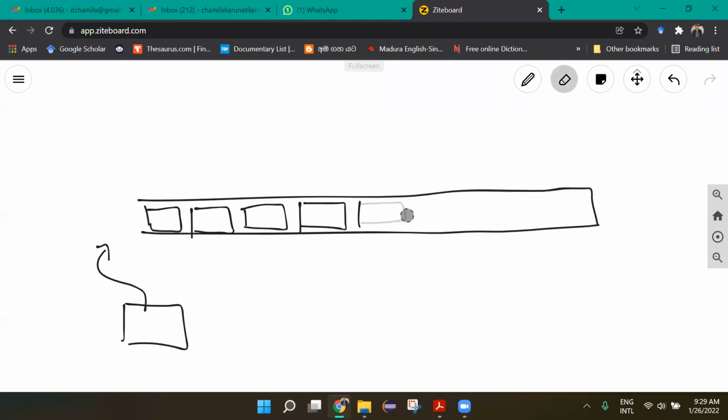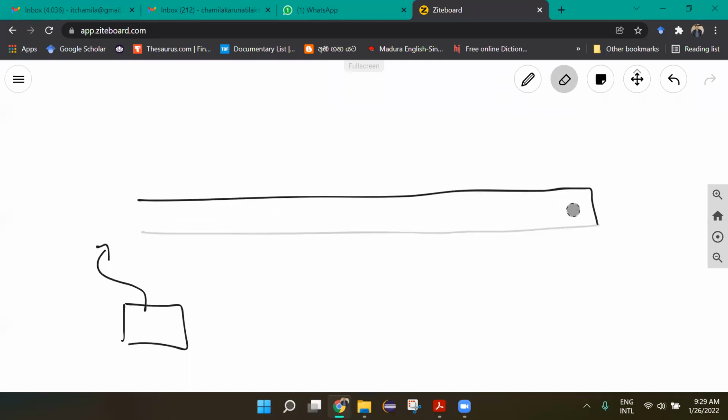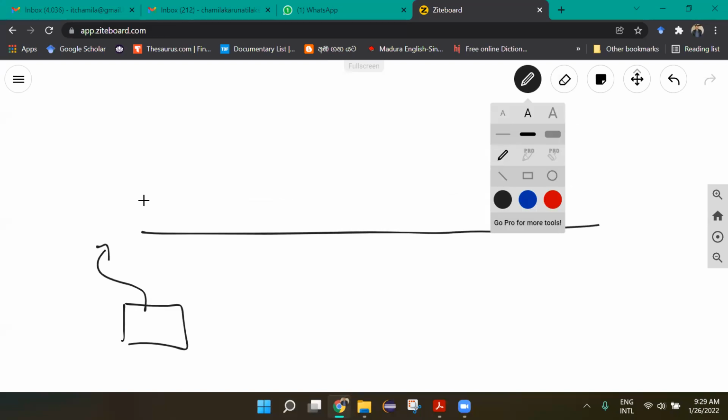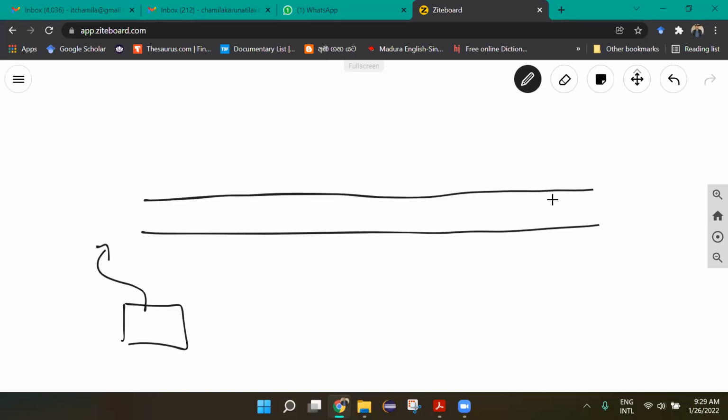So let's draw this. Suppose this is the front, the first item, second item, and so on, and this is the rear. So we have 4 items. If a new item is inserted,